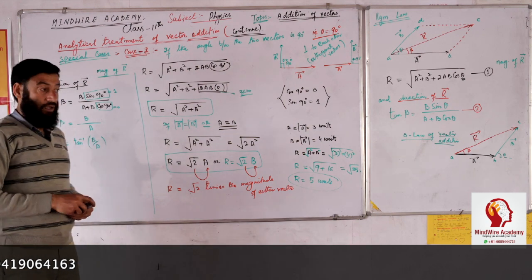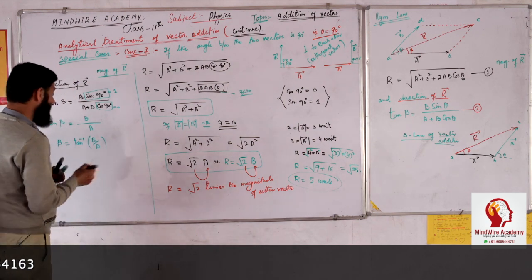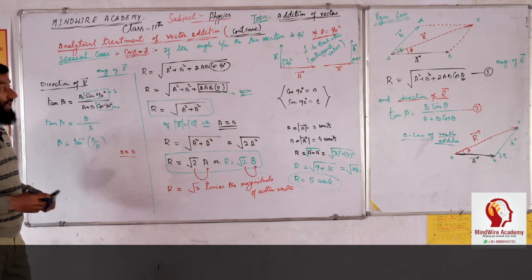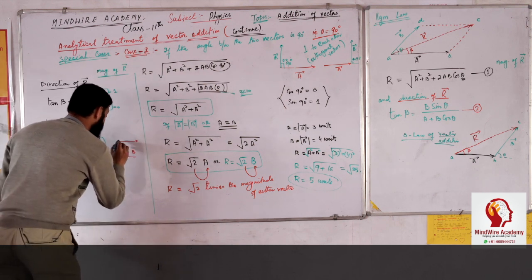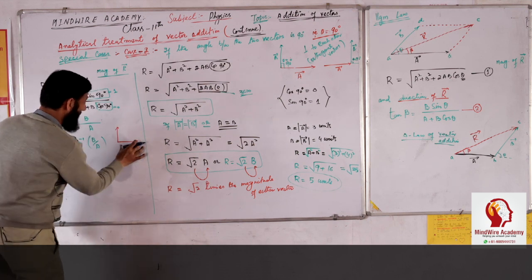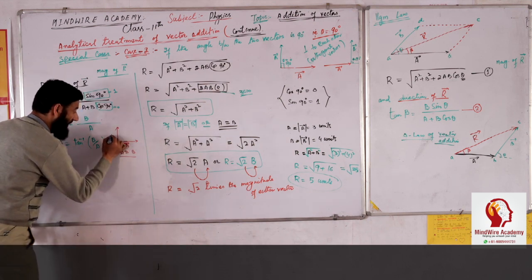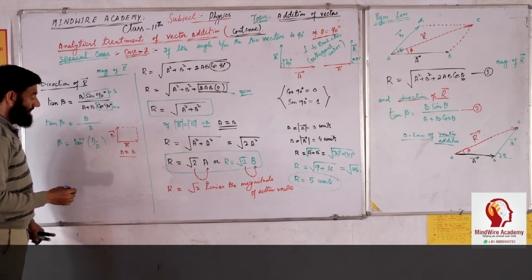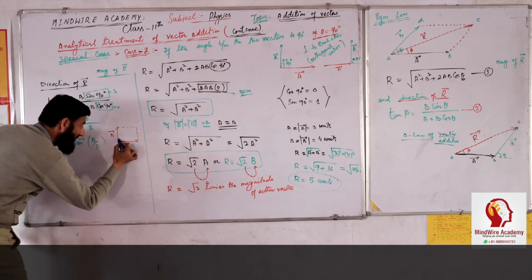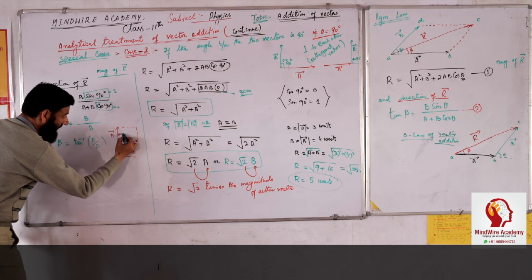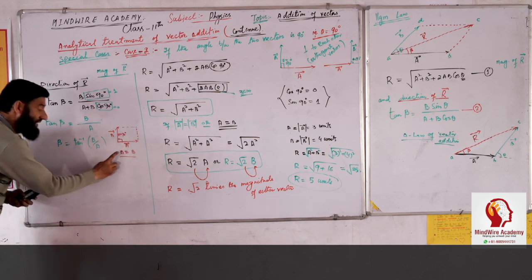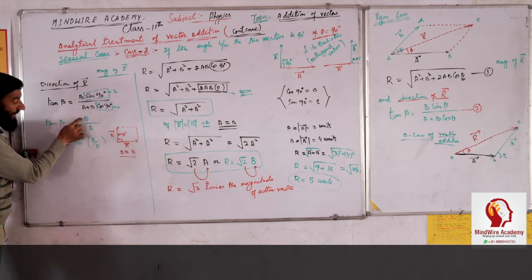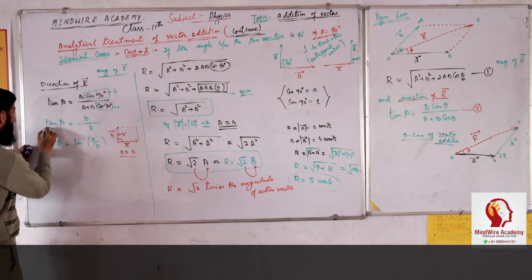For example, if the magnitude of A happens to be equal to the magnitude of B, and this is for your understanding, if this is A and this is B, magnitudes are same. This vector A, this vector B, and their magnitude is same. So this will be the parallelogram. And the angle between them is 90 degree. So theta equals 90 degree. Now the condition is if the magnitude of A is equal to the magnitude of B, because this beta will depend upon the magnitude of B and A. So taking this into consideration,